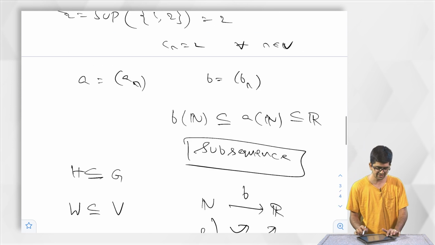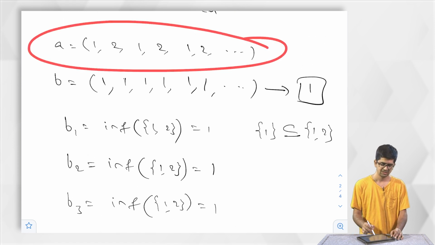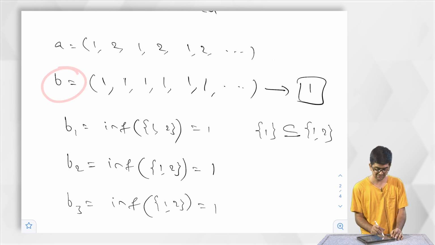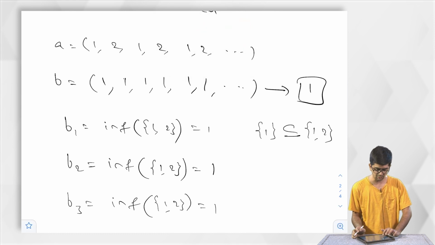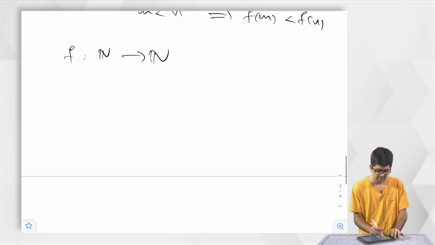So now what we have seen is, in the previous example, that we are starting with a bounded sequence that is not convergent, but we have a subsequence. See, this is a subsequence, and we can actually write down what F is here. There F is N to N, N is mapped to N plus 1.